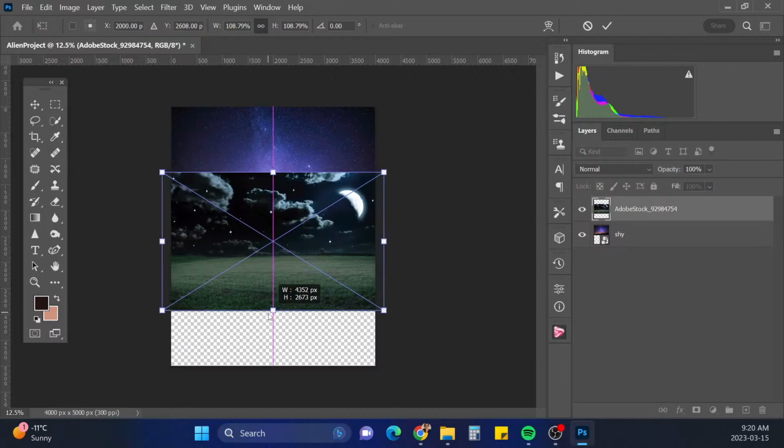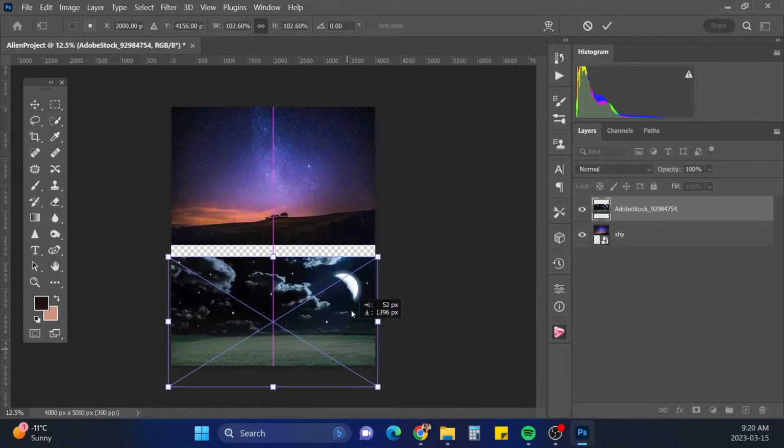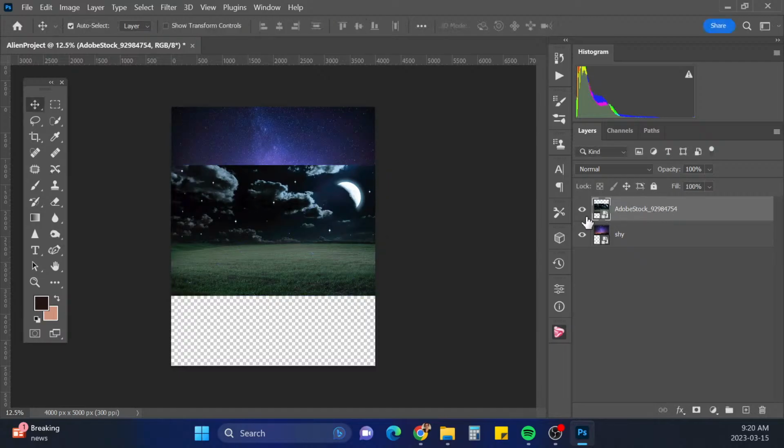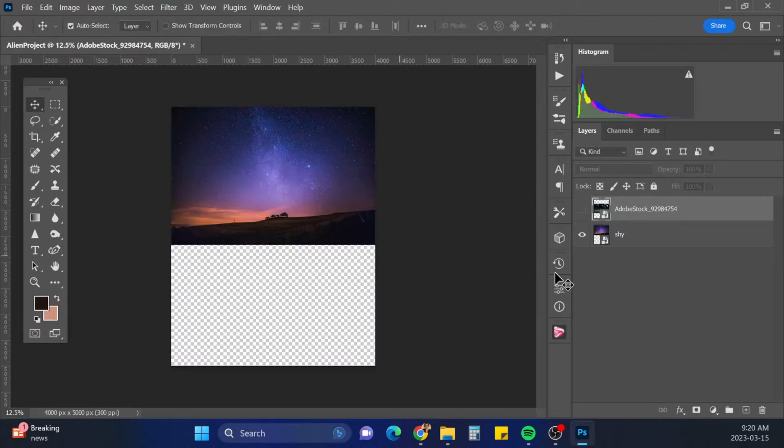Okay, so I am going to have some flowers down in here in the bottom, so I do want to leave some space for that. But I think what I'm going to do is hit enter. I'm just going to hide this layer for now, and I'm gonna stretch this one out.